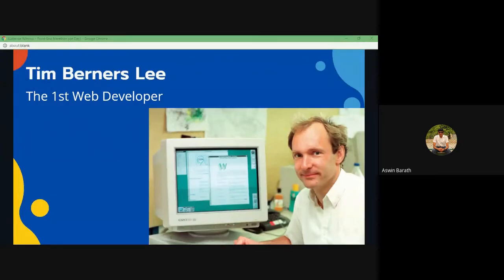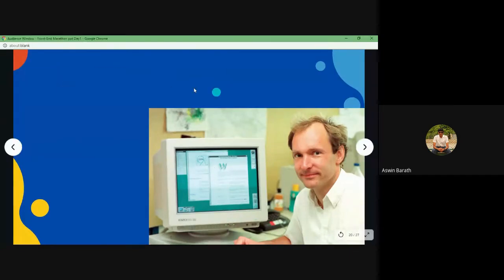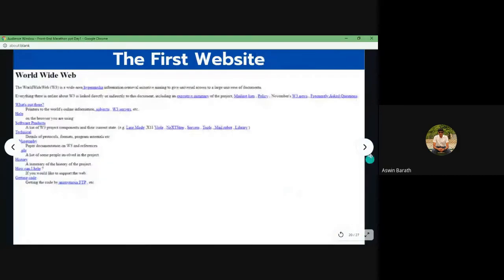So this is the first website Sir Tim Berners-Lee created. As you can see here, it is a simple HTML website which doesn't even have any stylistic part over this, right?